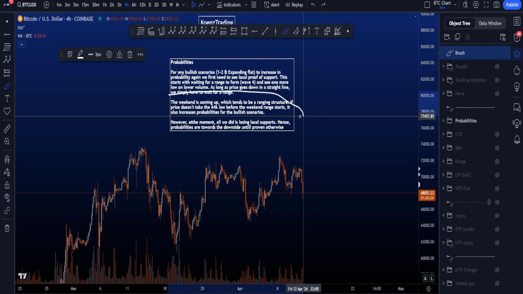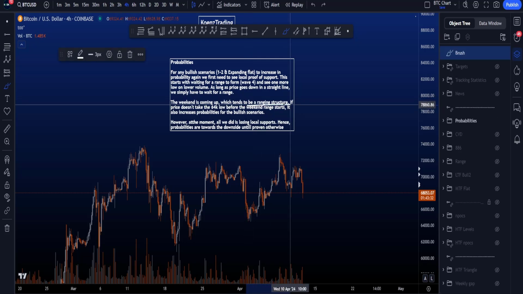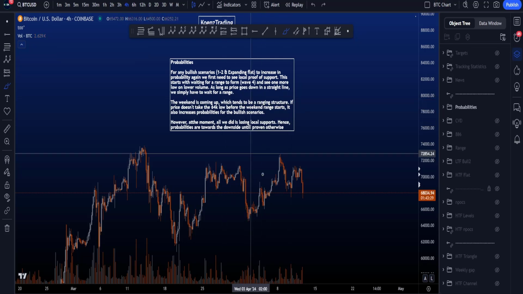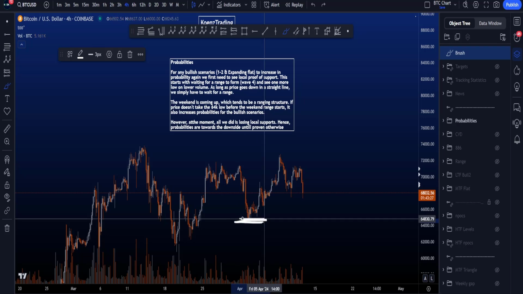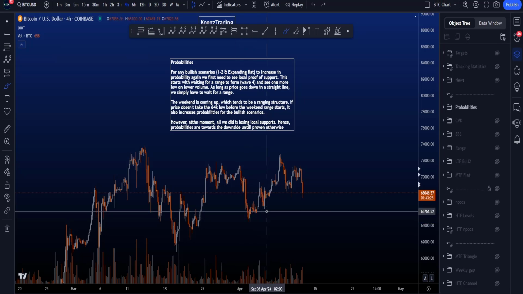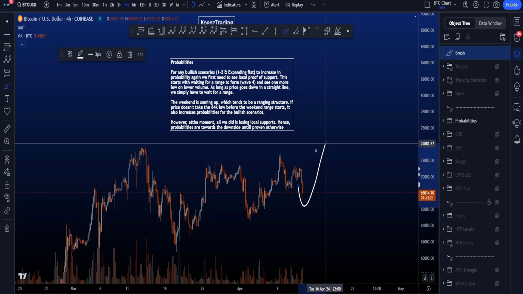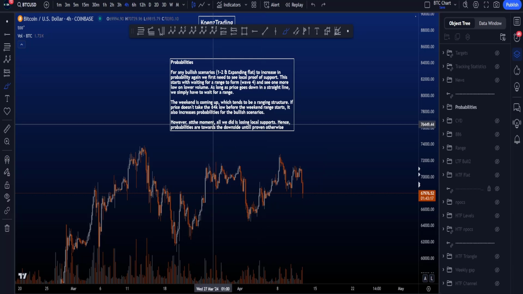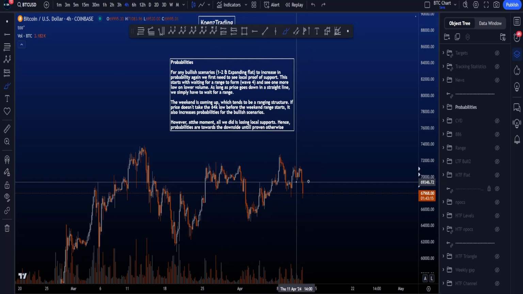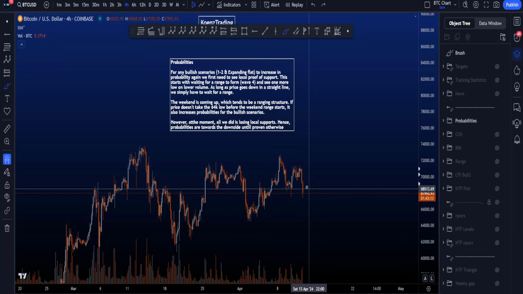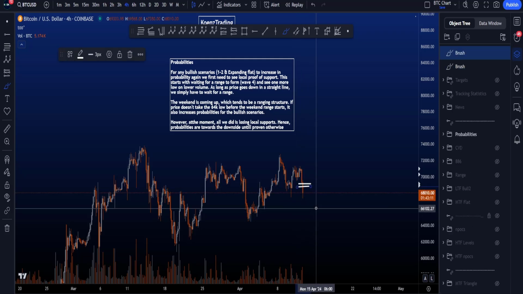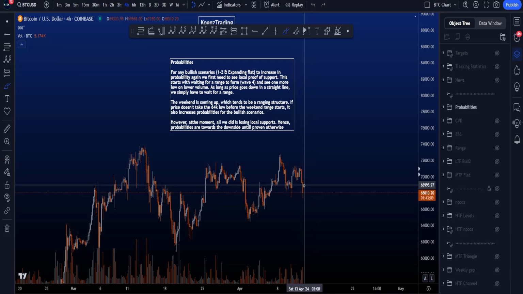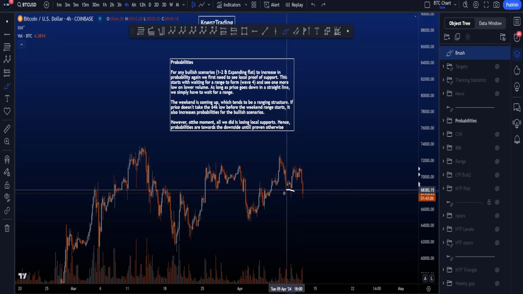The weekend is coming up, however, which tends to be a ranging structure. If price does not take the low here at 64k before the weekend range starts, it does increase the probabilities for the bullish scenarios where we take this high before the low. However, at the moment, all we did locally is losing some support levels like the target box, like the golden bucket as mentioned during the live stream as well, which then increases probabilities to take this low, which we have